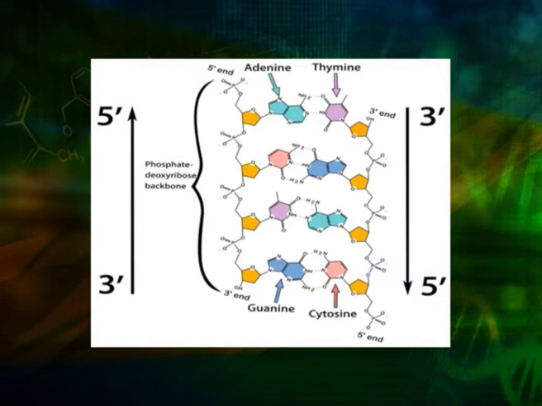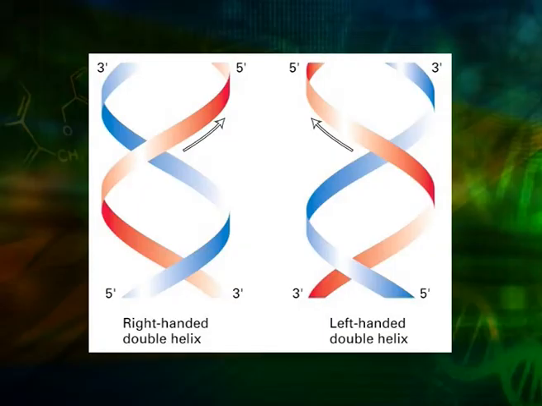That is, if one chain runs in the 3' to 5' direction, the other will run in the 5' to 3' direction, establishing a polarity. As we know, one base of one chain will be matched with the other by complementarity. That is, if the base sequence of one chain is known, the sequence of the other one can be predicted easily. Now, you can see two possible helical forms of DNA and they are mirror images of each other.